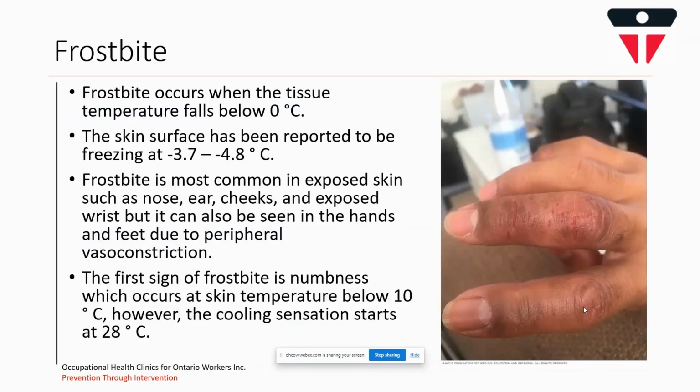Frostbite occurs when the tissue temperature falls below 0 degrees C, and the most common symptom of frostbite is discoloration of the skin, and it mostly occurs in peripheral parts of the body like nose, earlobes, cheeks, and it can also occur in hands and feet if not protected by proper clothing insulation. The first sign of frostbite is numbness,